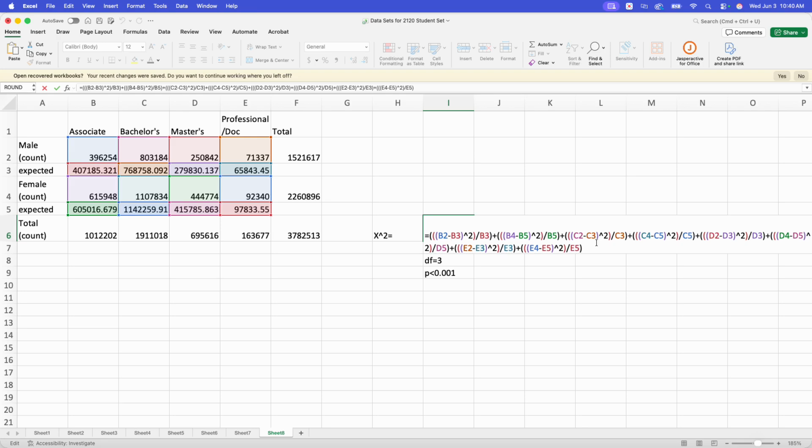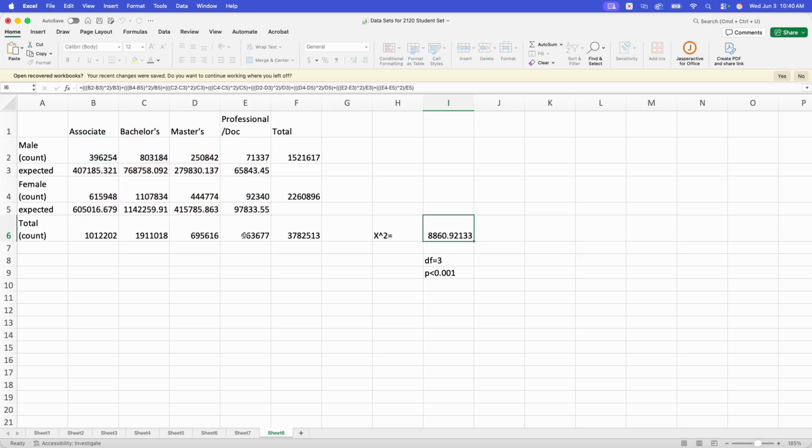That was C2 minus C3 over there. So I did right here B4. B4 is right there. That is, for females, the count minus the expected squared and then divided by the expected value there. And we did that all the way across. Now, when we did that, we ended up with this number here, which is quite large. Excel doesn't do this really pretty, but I need you to assume that this is chi-squared, not x-squared. Okay, so my chi-squared value here, my test statistic, is